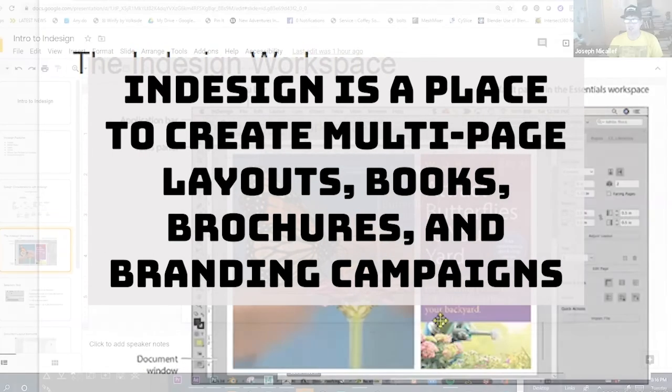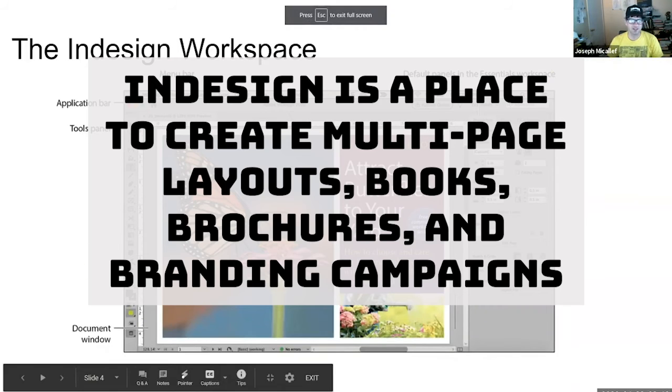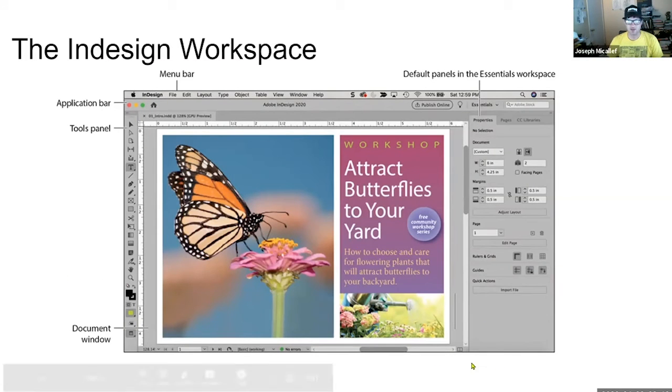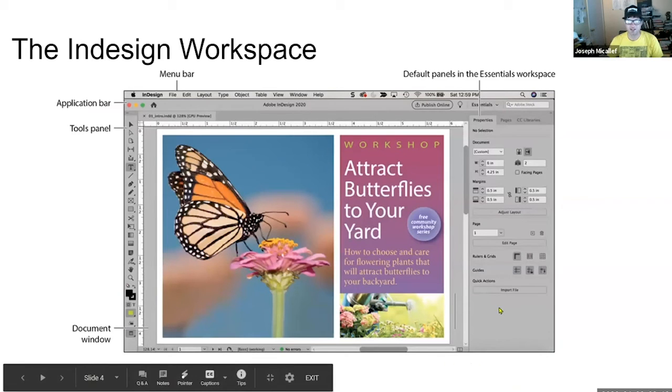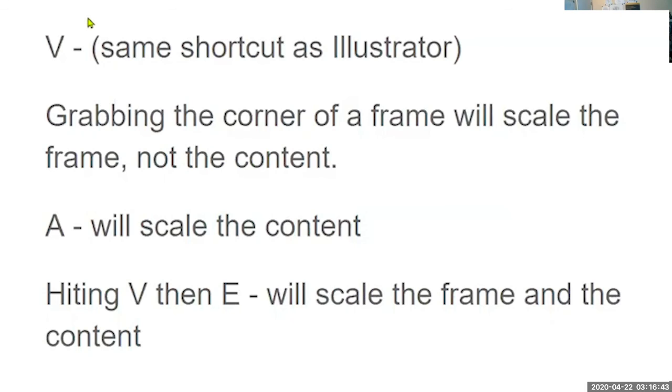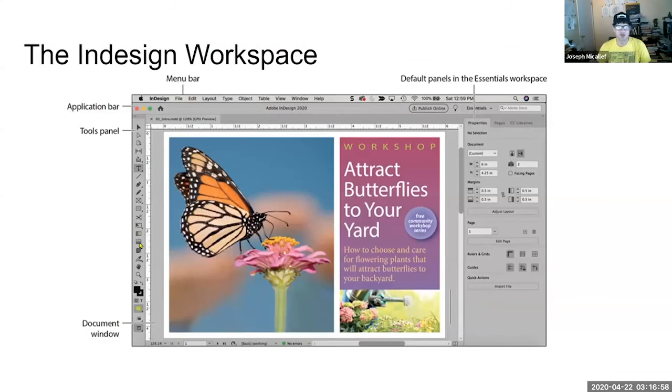And you'll see that the InDesign window is basically the same as everything else in terms of menu layout and the different palettes on the side here. And a lot of the tools are similar as well. So it shares the fill and stroke type color pickers that Adobe Illustrator has, shares that selection tool. And it's the same shortcut. So you have the selection tool, which is V, direct selection tool is A. You have the type tool, the pen tool. You have two types of gradients, and you have some very similar tools